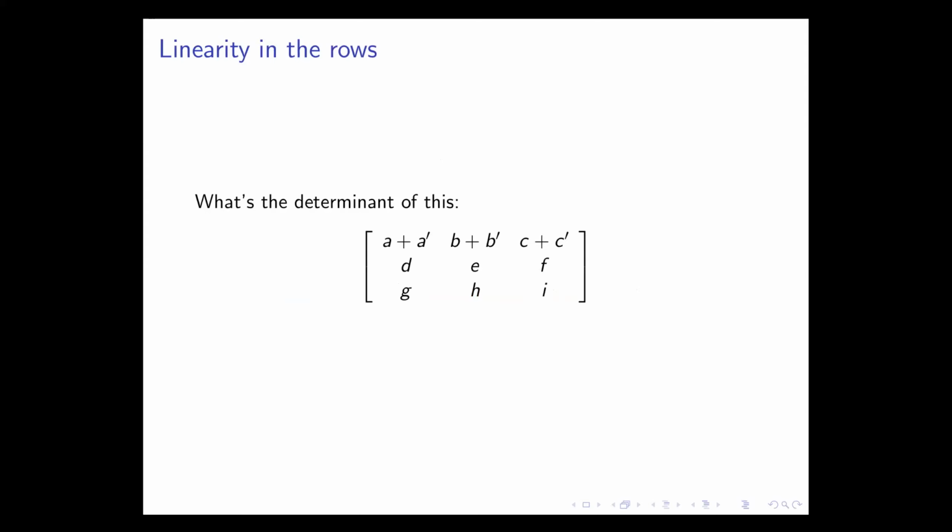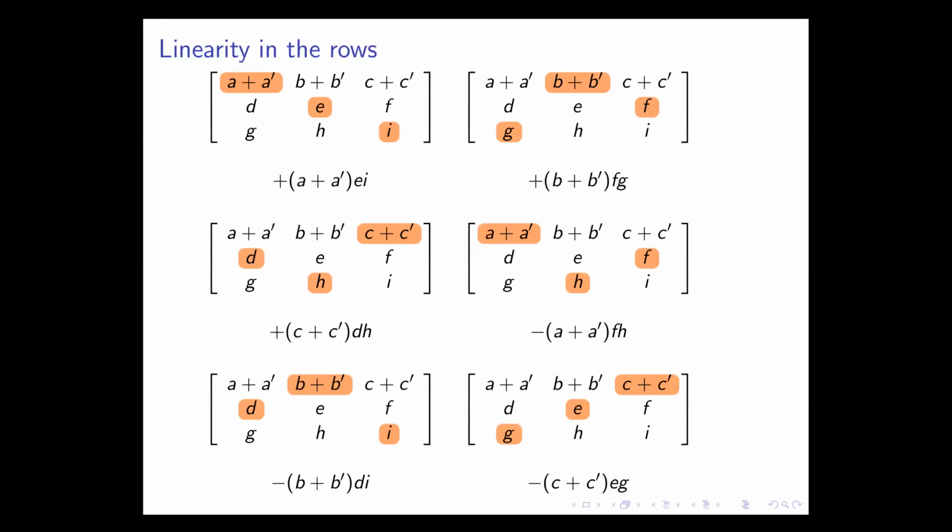Now, the linearity in rows, right? So let's say, can we express this? We have the first row, and in each entry we have sums of two terms: A plus A prime, B plus B prime, C plus C prime. Well, here's our star formula, right? Whenever we pick an element from the first row, it multiplies by the rest, the EI or FJ or DH and so on. But then